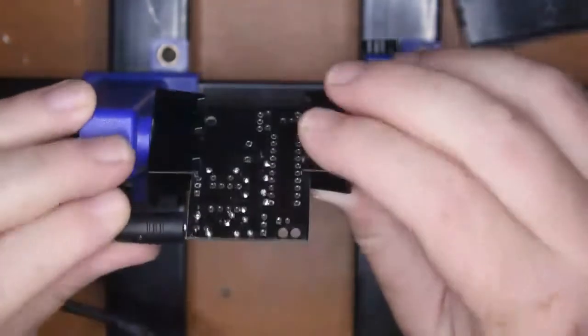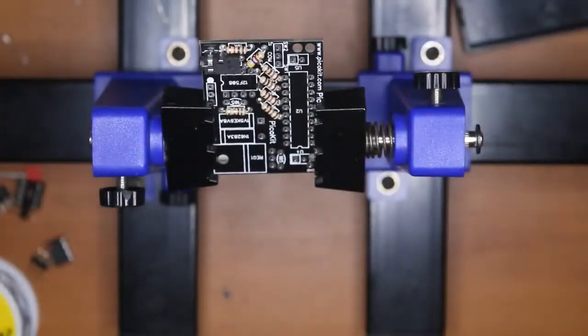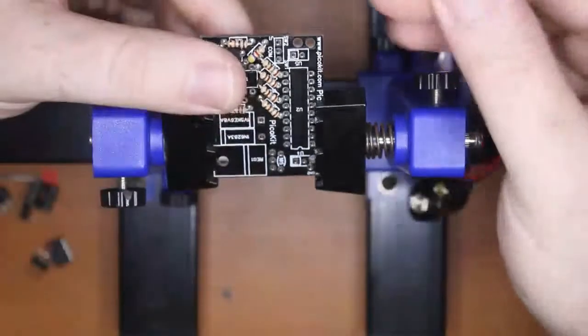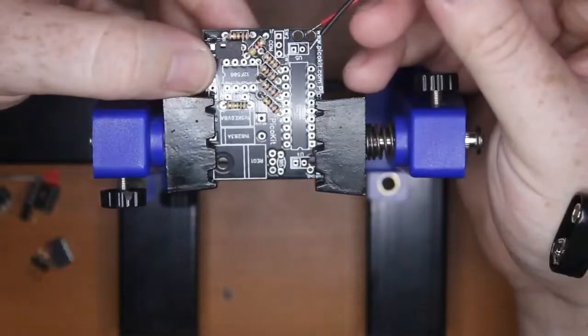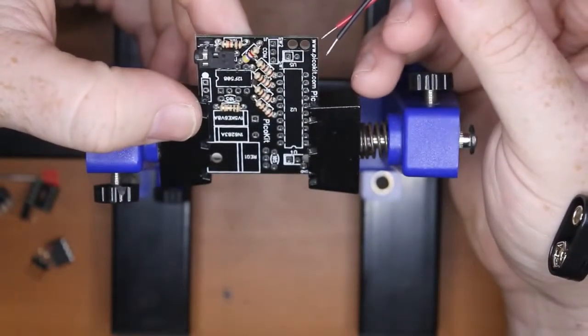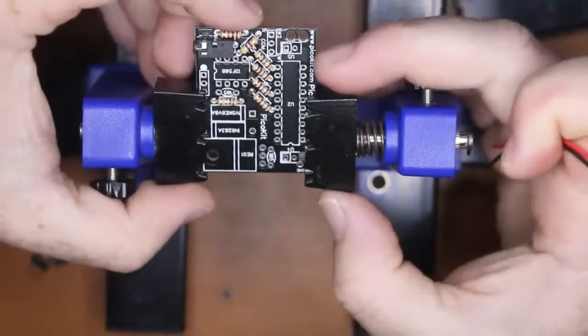Okay, so that's in place. And take out the cable. Now, next smallest component is probably the power leads. Now, to do the power leads,